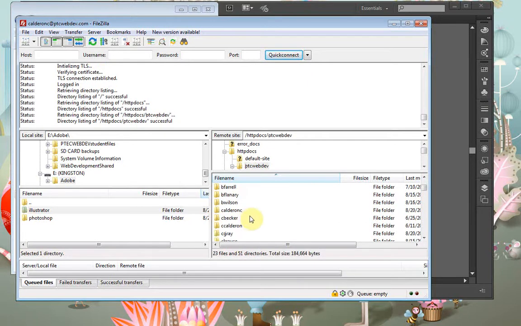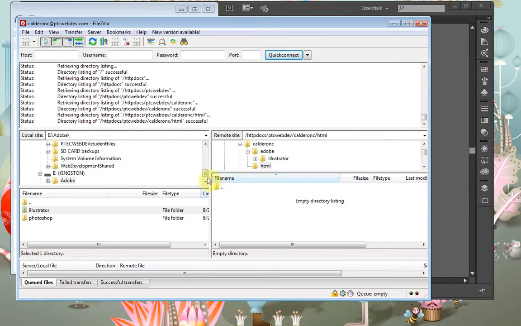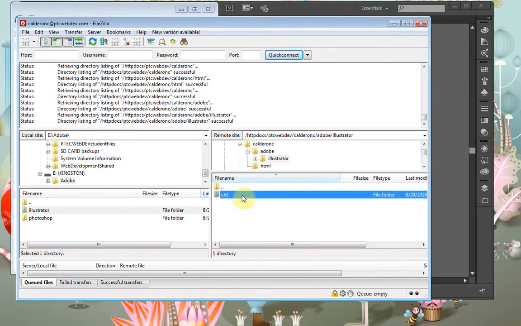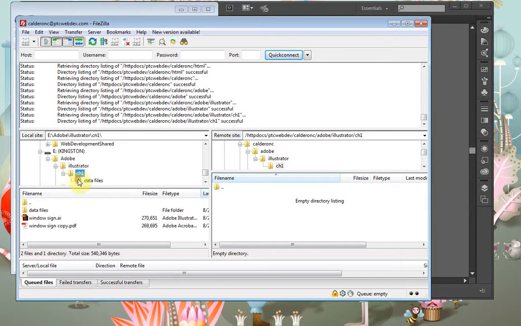So mine's deep into the file. And so now that you've found your Adobe file, you'll go to Illustrator and Chapter 1. Now you're in your Chapter 1 on your FileZilla. You also have to find your Chapter 1 on your side. So it's in your flash drive, your Adobe, your Illustrator. It comes up with your Chapter 1, so you're going to want to click your Chapter 1,